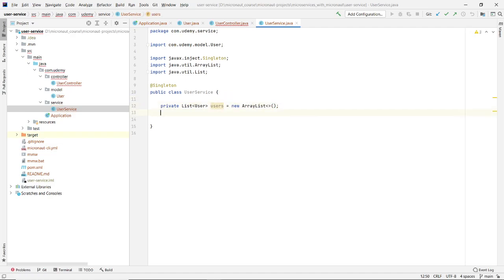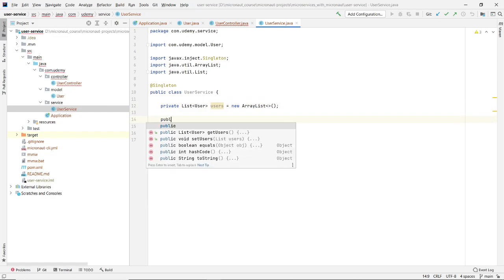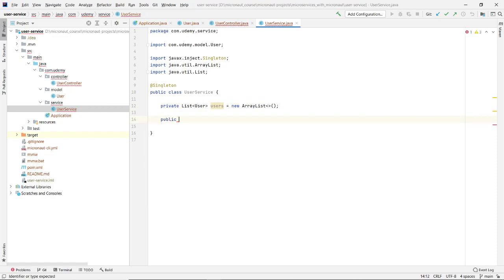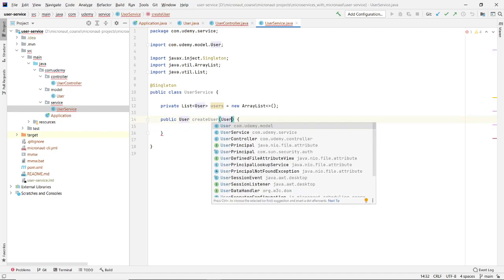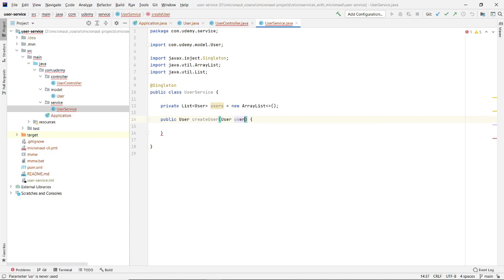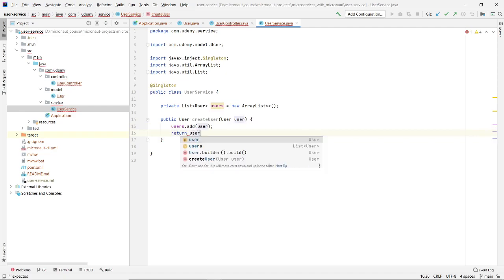Okay, so we will have one method as public user create user, and it will take the user as parameter, it will add it into users list, and then return the user instance.